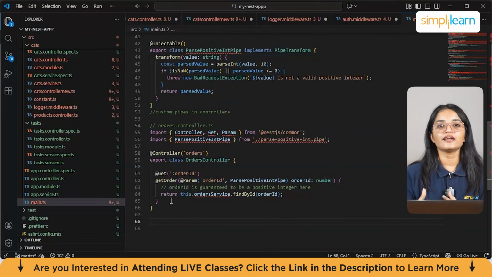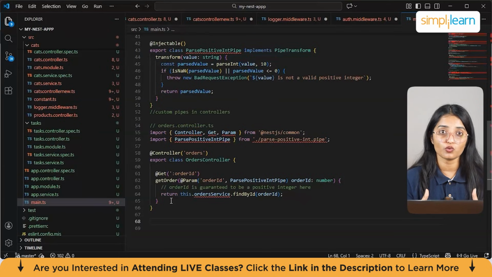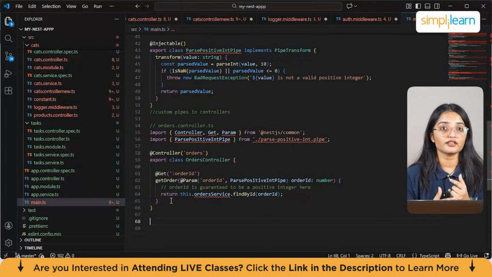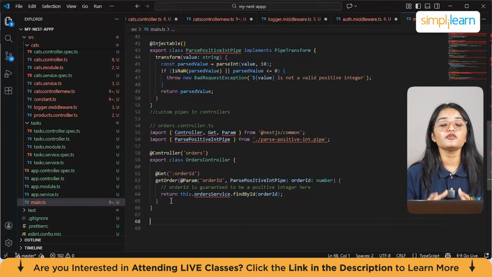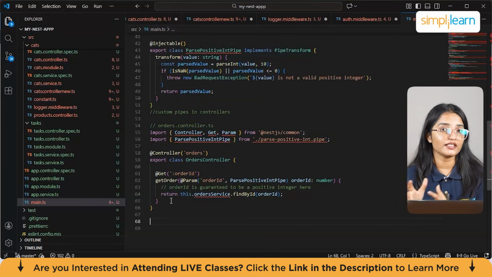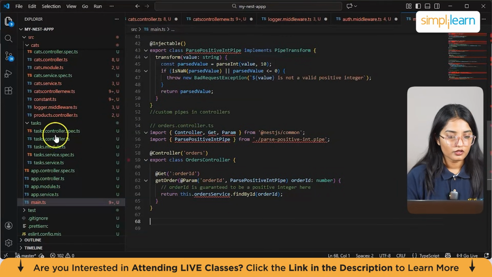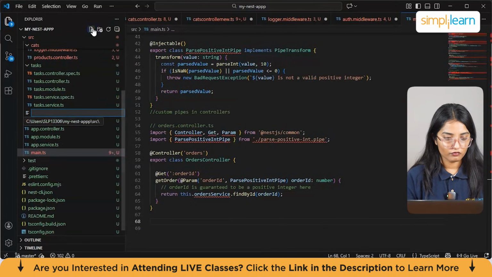So let's see how you can create a simple auth guard for authentication. We'll start by creating an authentication guard that checks if a request has a valid authorization token. How can you implement the auth guard? First, you need to create an authguard.ts file in the source folder. So again, we'll just create one more folder,